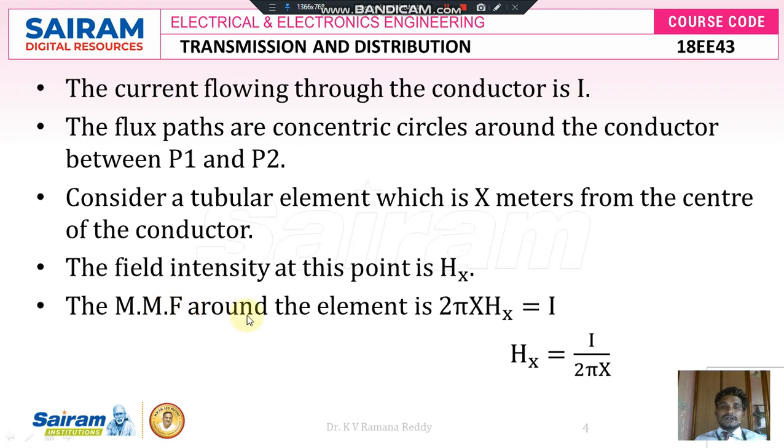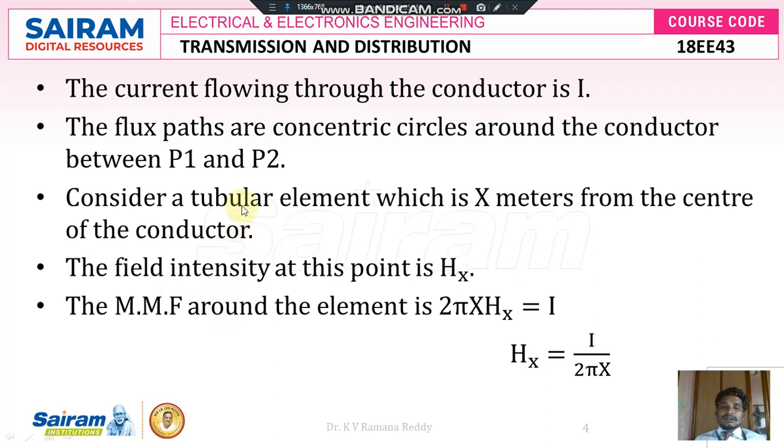According to Ohm's law, V is equal to IR. That is, in electrical circuits, voltage is equal to current into resistance. In a similar manner, in magnetic circuits, magnetomotive force is equal to flux into reluctance. We call it resistance in electrical circuits, and in magnetic circuits we call the resistance of the magnetic material reluctance, which is represented with the letter S. Therefore MMF is equal to phi into S.